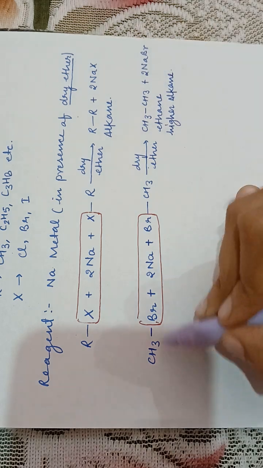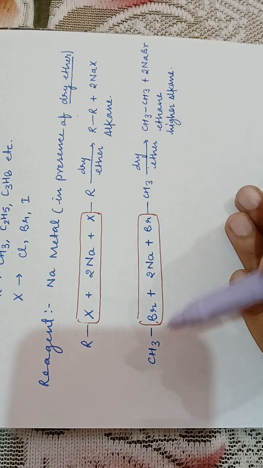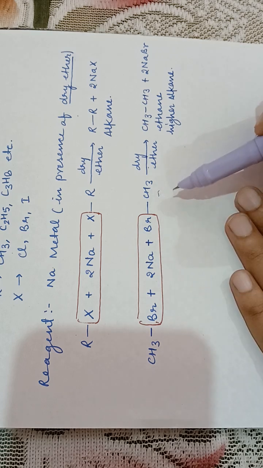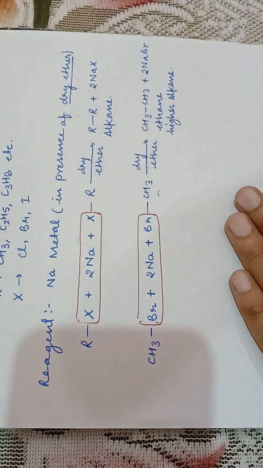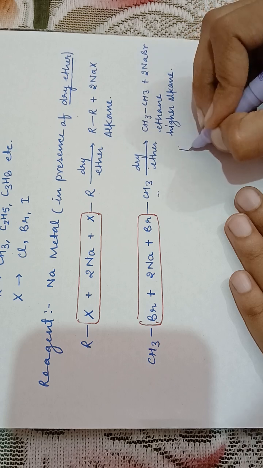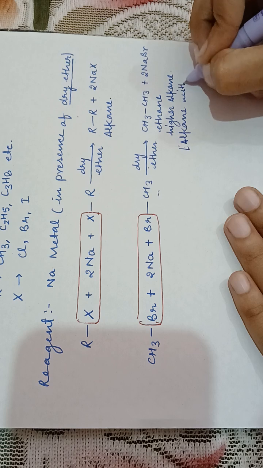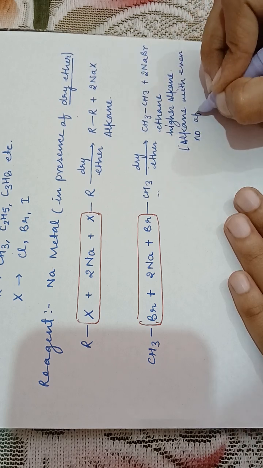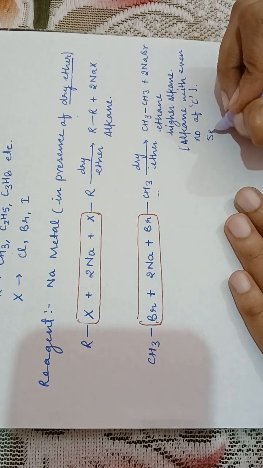Higher alkane क्यों है? Because in the starting of this reaction we have only one alkyl group in a molecule, and only one alkyl group in another molecule. By this reaction they combine with each other and form a higher alkane. So we can say that alkane with even number of carbon, or we can also call it a step-up reaction,